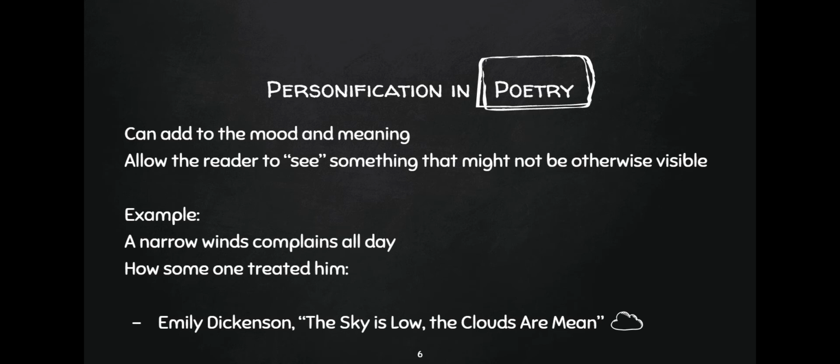So if we look at the example from Emily Dickinson, we're going to see her 2 times in this. "A narrow fellow"... the wind complains all day how someone treated him. Oh, very beautiful. So again, taking an object like the wind and looking at the fact about how it complains about something and the fact that something treated him not very nicely. So this is what we're going to be looking for in the stuff that we look at this week for writing, or for poetry for the next set of it.